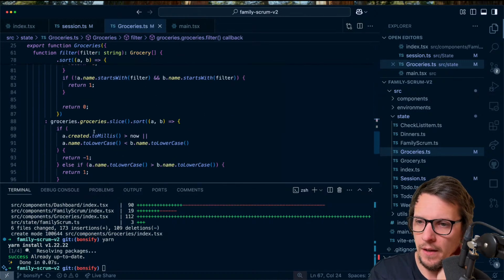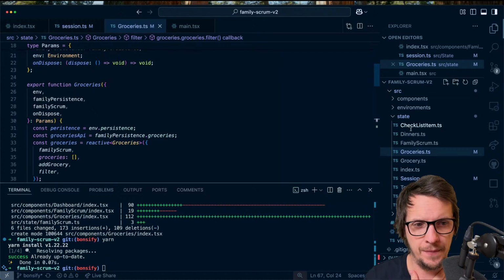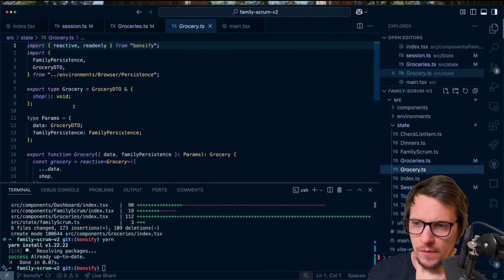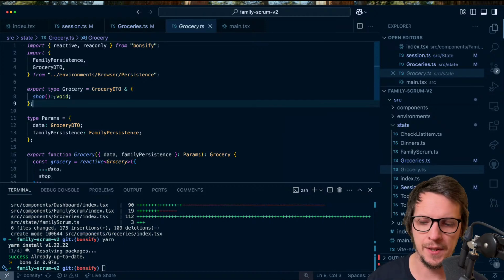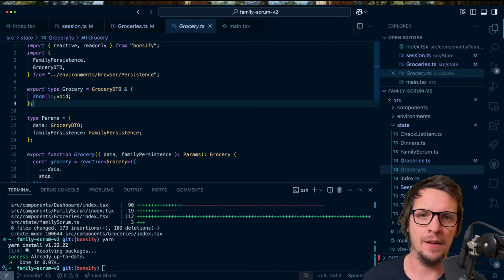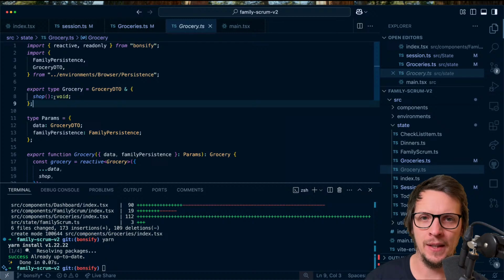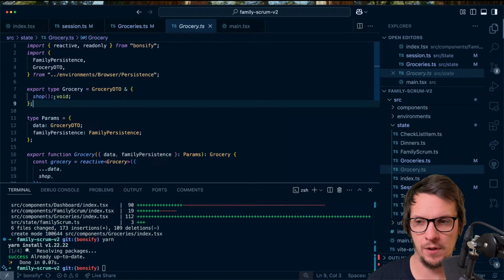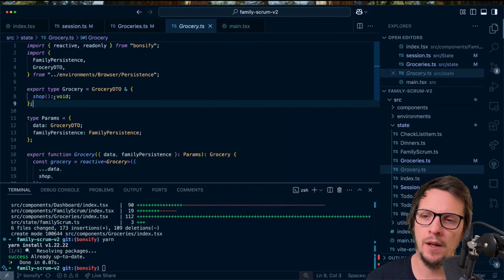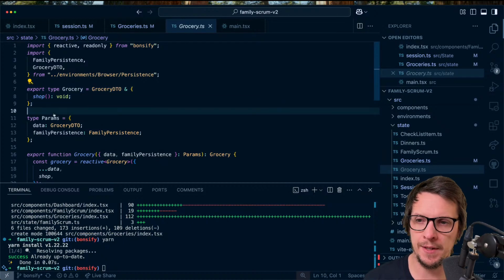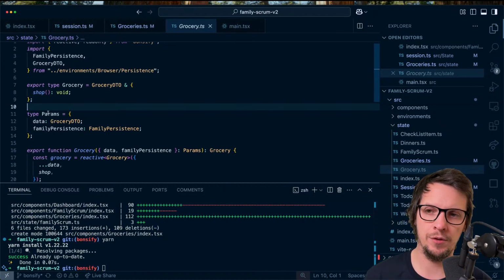So all of this is super clean. And then when I jump to grocery, it gets really interesting, because what I also notice now is that when you have data, you want to interact with that data, right? So you want to extend the data type into something that lets you interact with it. And typically, well, always, you don't just want to change the data itself. You want to do server mutations and stuff, right? And you want to protect the actual data so that you don't go in from components and just change data properties, right? So I'm going to write something about this pattern as well, which is maybe more tied to typing,